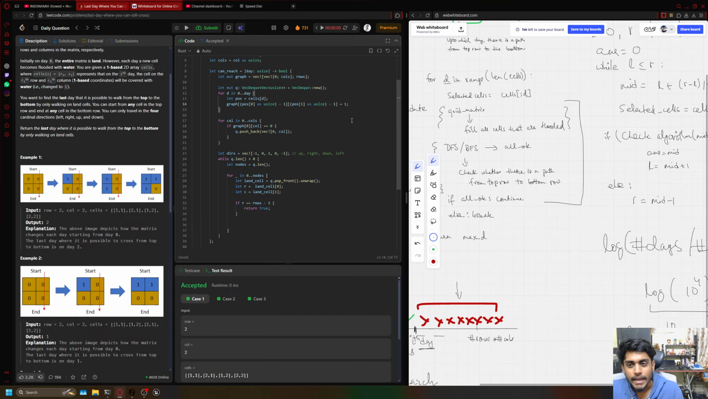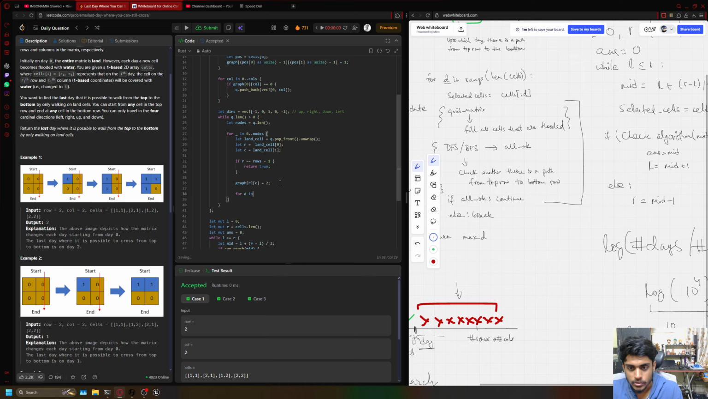Then I will iterate over all the 4 directions, so for d in range 0 to 4. My new r will become r plus drs of d, and new c will become c plus drs of d plus 1. Like I explained to you, the pair concept. Now I'll check if new r is greater than or equal to 0 and within bounds, so these are basically boundary checks, and new c is greater than or equal to 0 and less than cols,